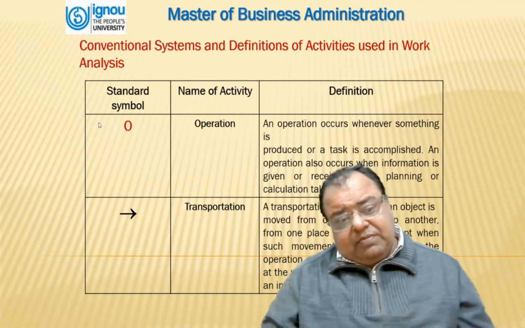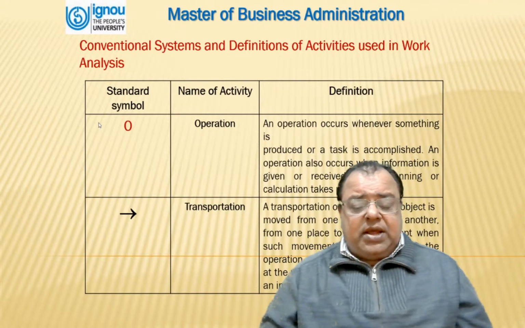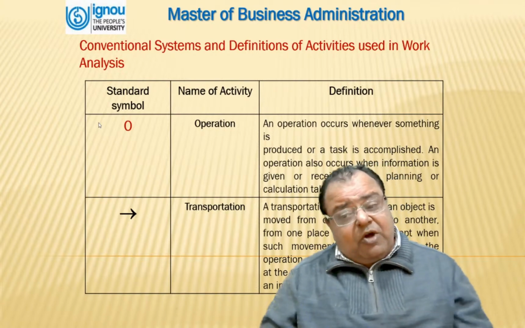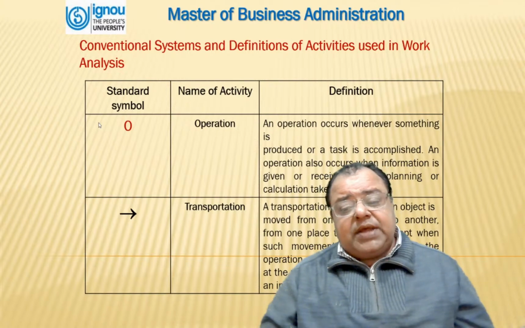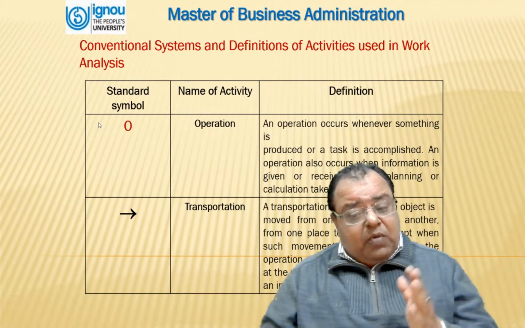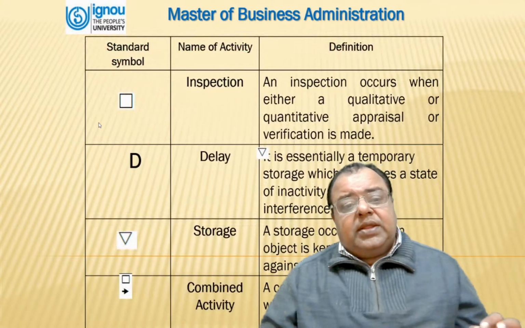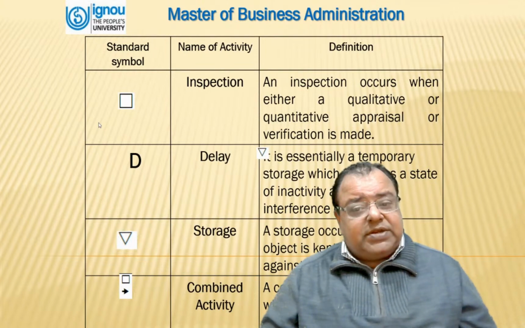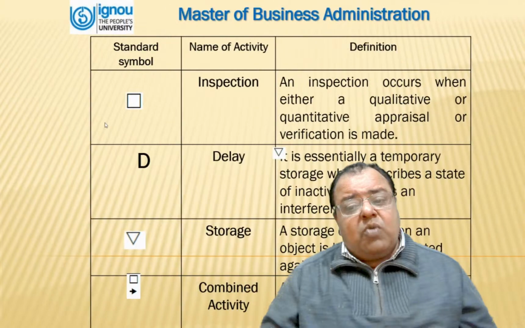Arrow is for movement, and that is related to transportation. Transportation occurs when an object is moved from one operation to another, from one place to another, except when such movements are a part of an operation or are caused by the operator at the workstation during an operation or an inspection. The square is for inspection. Inspection occurs when either a qualitative or quantitative inspection is carried out to ensure that